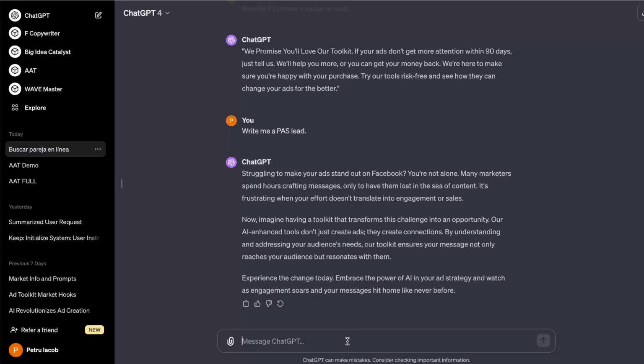And if you write a copy that's too short, you can say expand on the problem. Please describe the symptoms of the problem. How is it for people to